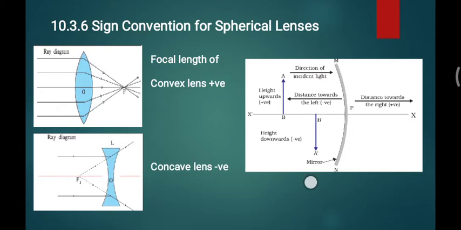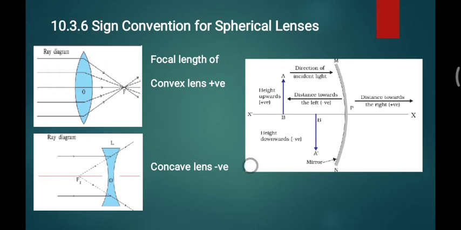This is a very important thing for further discussions and the calculations of the examples. For the convex lens, whenever you deal with it, the focal length is always positive. This also comes in MCQs. Please keep note of it somewhere in your mind. It is not necessary to note it in notebooks. If you note it once in your mind, it should be fixed. You can see the pictures, and this comes to your brain.